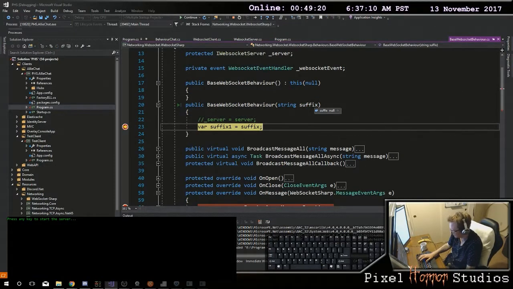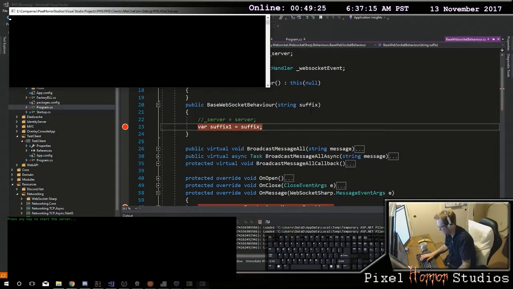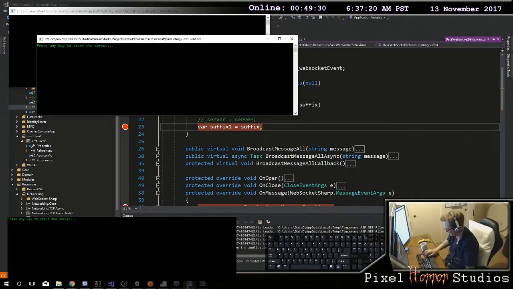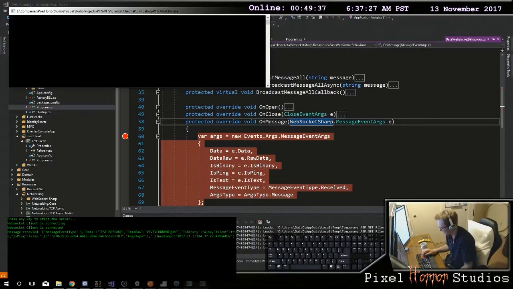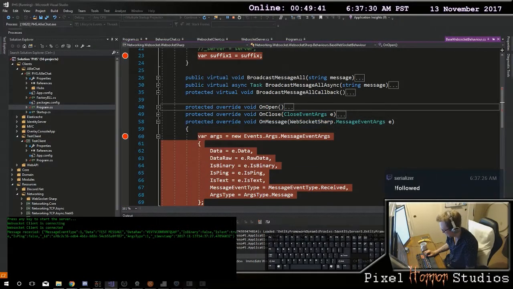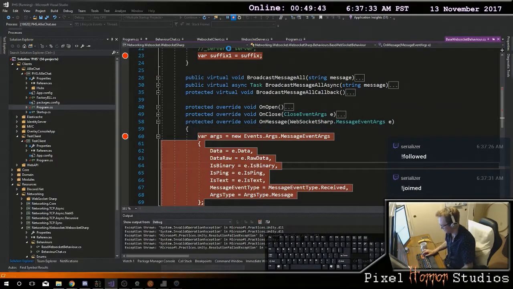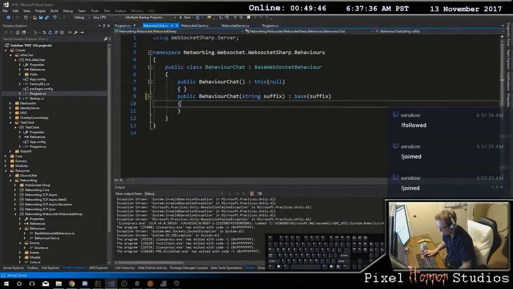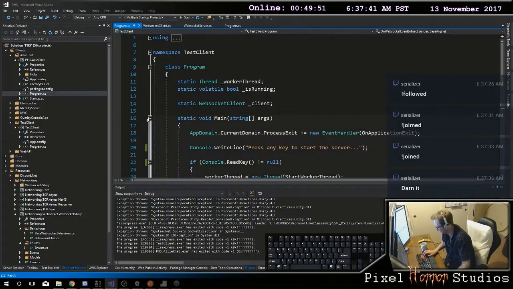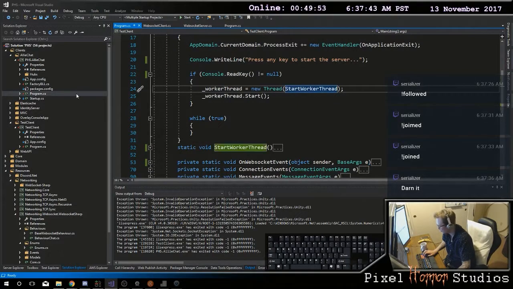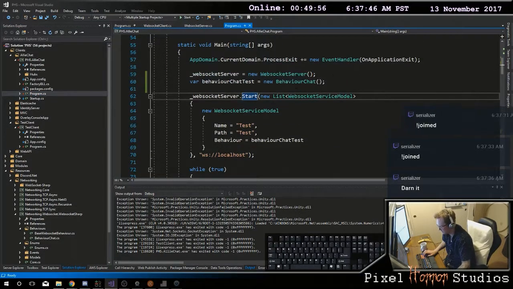There it is, it's being assigned, right? It says that this is currently null. Here it is again, and this time it's got null again, and this time it's got test suffix. So we have two instances being created, one of which is null, one of which is not. So if we have one which is null, that means that in your program where you're creating this thing, here,